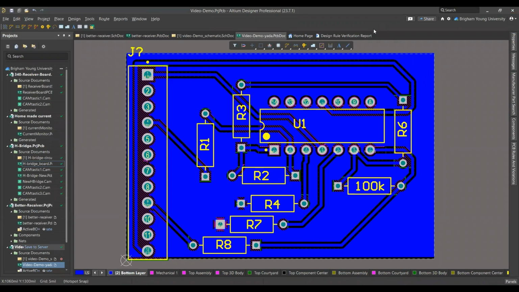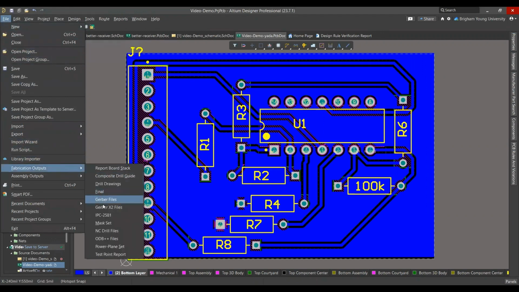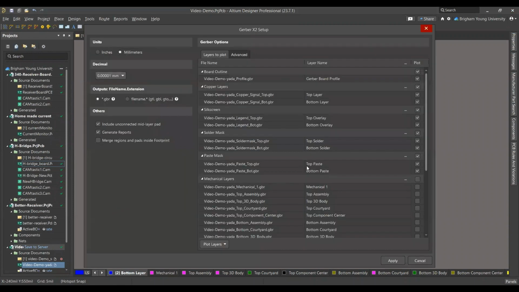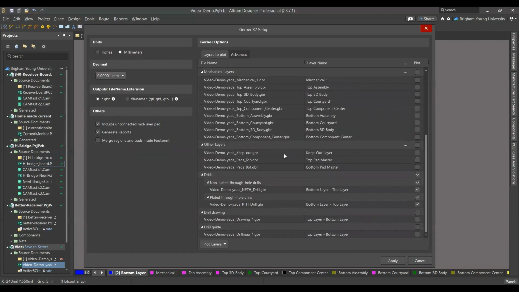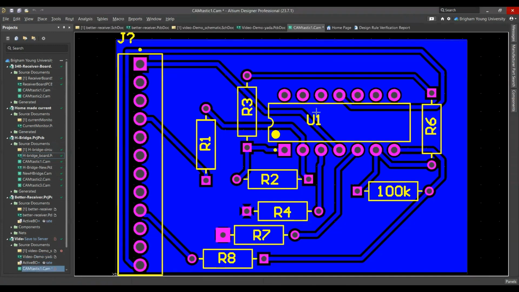Stick around. So once you have your PCB layout mostly done and you want to export it, what you'll do is you'll click File in the top left. You'll go down to Fabrication Outputs, and then the shop likes to use Gerber X2 files. That will come up with this screen, and it will show all the layers. And then make sure you have some kind of drill layer, then you just hit Apply. And then you see it runs all the tests, and it creates the CAM file that you need for your